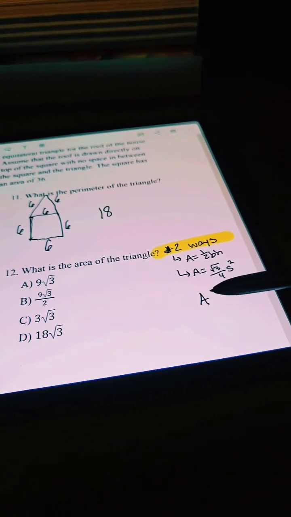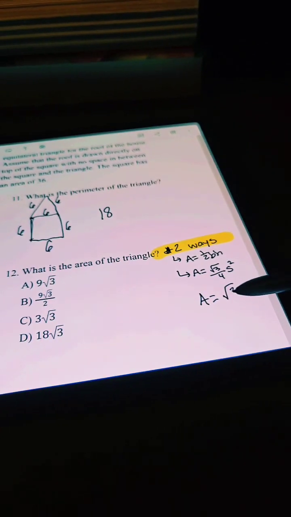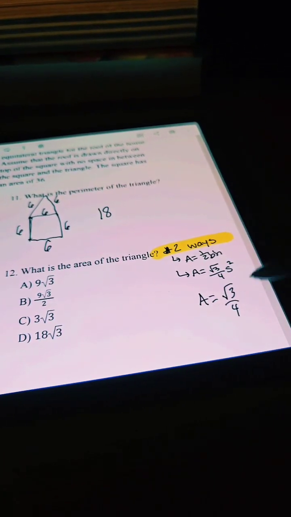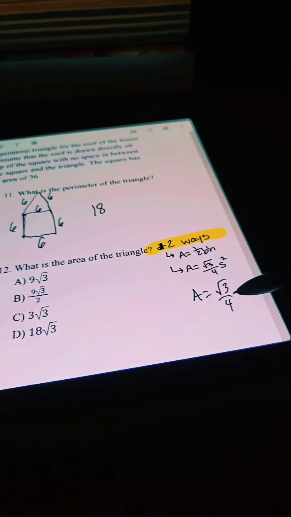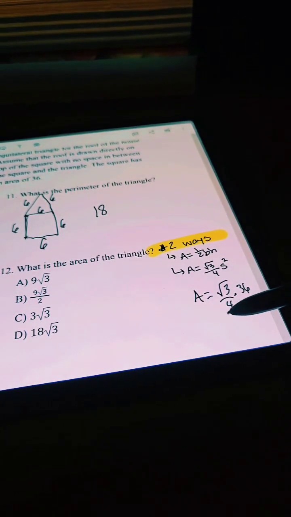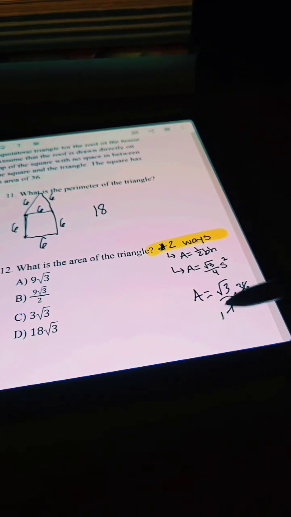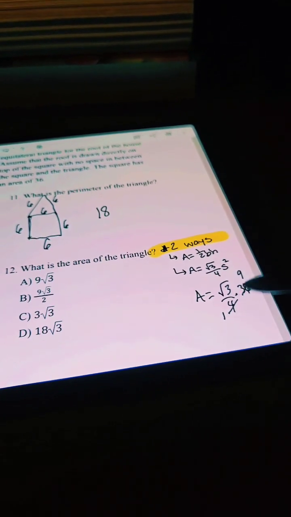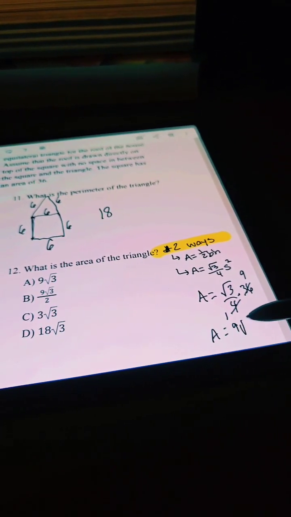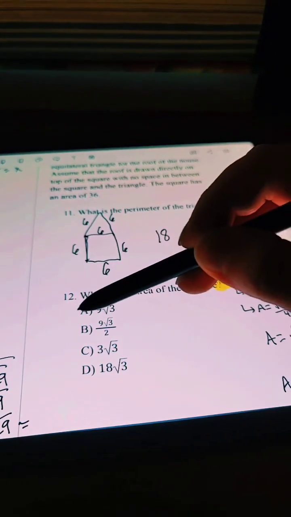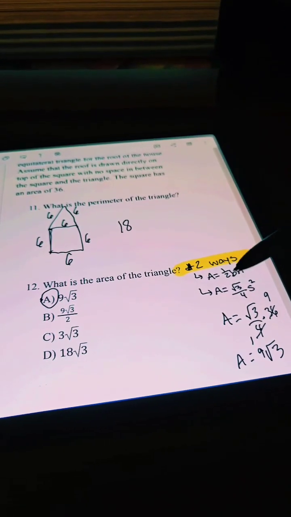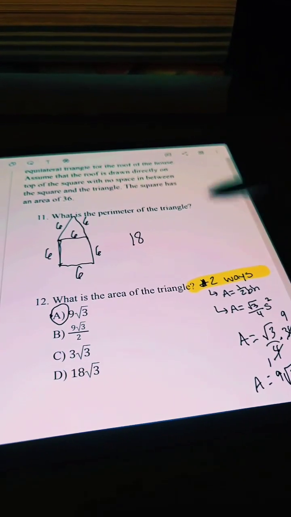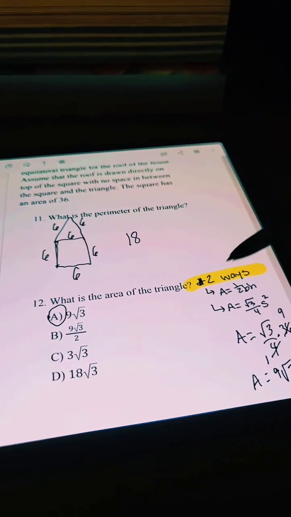If I'm going to use that, which I'll do first because it's the most efficient method, the area of this triangle is that times the side length 6 squared, which is 36. Then I could cross cancel: 4 goes into 4 one time, 4 goes into 36 nine times, so the area is equal to 9 root 3. So I would know A is my answer. That's the fastest way. Now, a lot of people don't have that formula memorized, so if you don't have that formula memorized, then you can